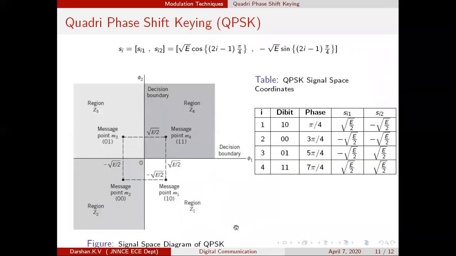Once you are with this, then you can write the signal in the form of a vector. Just observe Si1 and Si2. How many such Si's are possible? There are 4 Si's possible, that is S1, S2, S3, and S4. What is the value of Si1? Again, for your information, I have written Si1 is equal to this, and Si2 is written as shown in the figure. Once you are with the vector representation, you can directly write that in the form of a point.